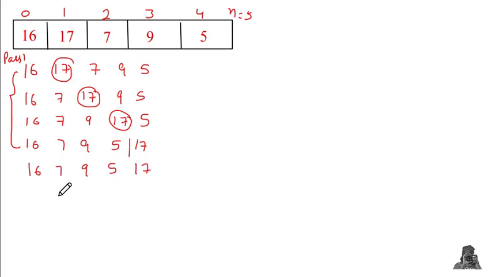Now we will move to the next pass, and for that pass we will have this array, and again we have to apply bubble sort. So these items will be compared. 17 is less than 16, so they are out of order, so 7 will come forward, 16 will be shifted, and the rest of the array will remain the same.